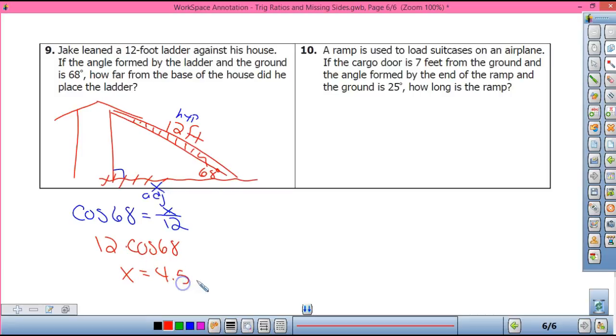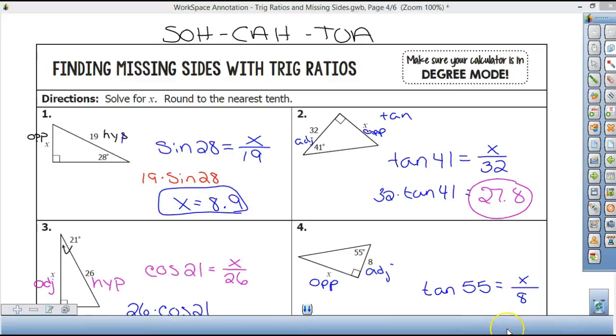And how far along the ground is my ladder? 4.5 what? Okay. Always label your answers when you've got word problems. Okay? Make sense? Draw pictures. Very helpful to draw pictures for this stuff. So your assignment